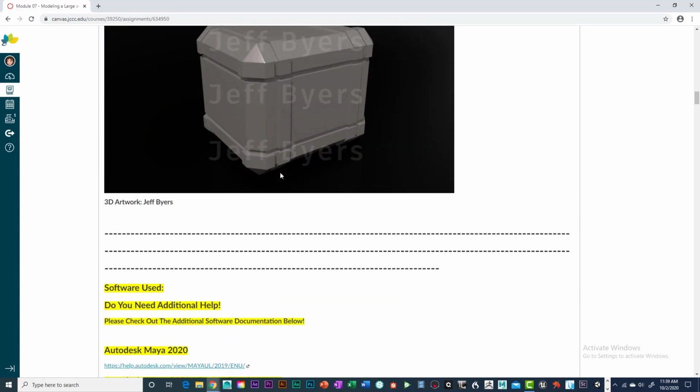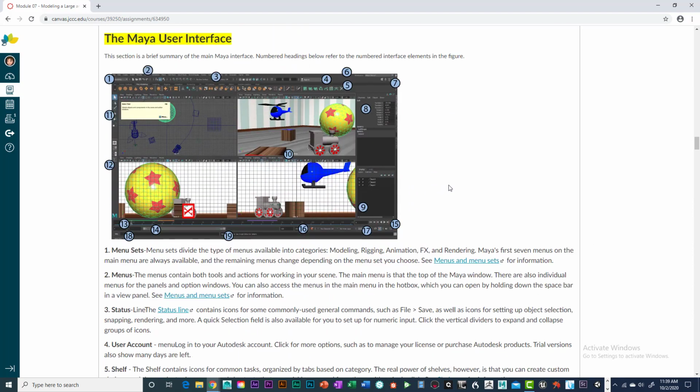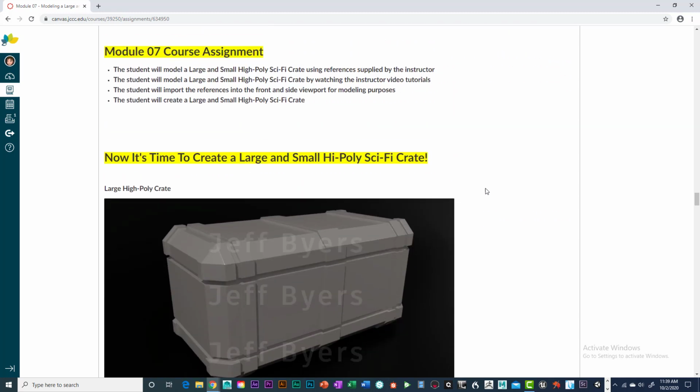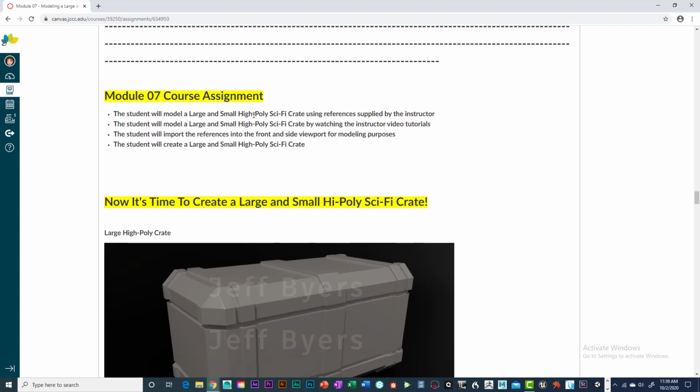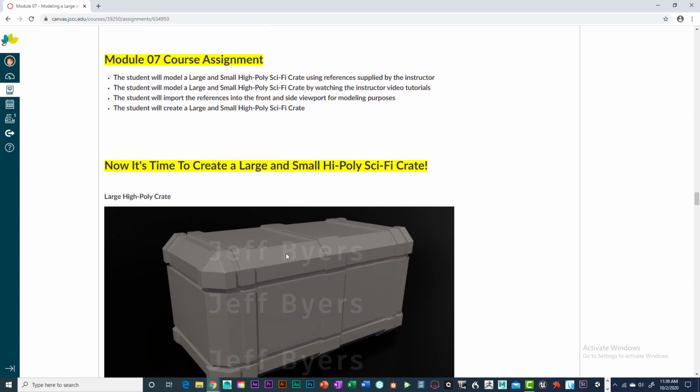So start the project or the module early. I would always start on Monday and work through what I need you to look at, and maybe watch the videos a couple times. But this is going to be a tougher, more challenging one, because we're going to be doing hard surface modeling. Whenever you add edge loops, especially this little corner area, will be a problem. These straight areas that have good edge flow, it'll be easy to get those to work properly. So this is just another example of the high poly of the large and small. We're going to be creating both,